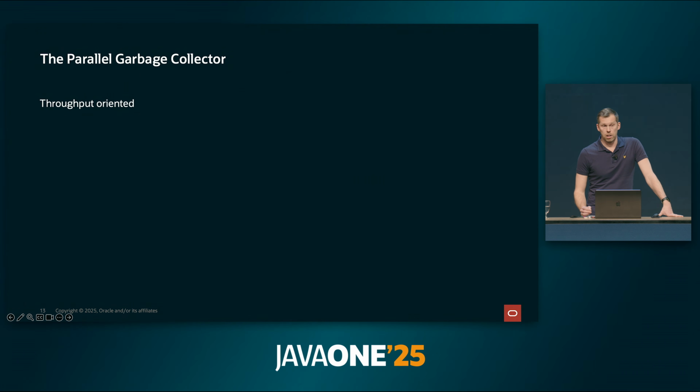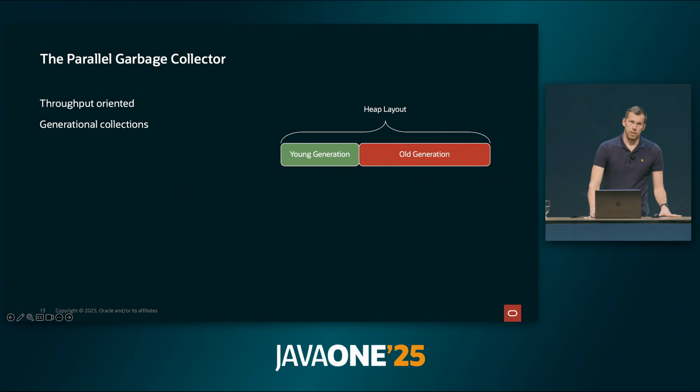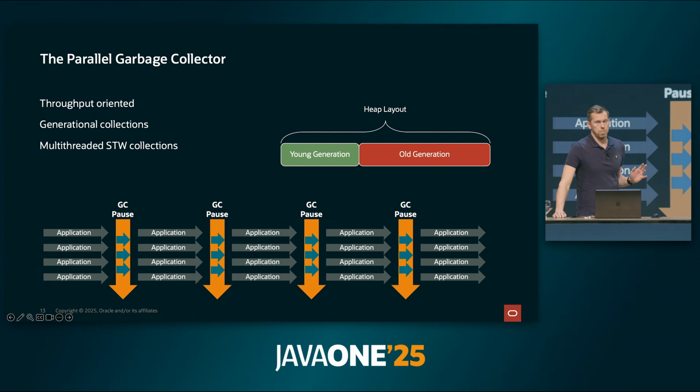Next, we have the Parallel collector. As I mentioned, it strives to provide the best possible throughput for the Java platform. It also supports generational collections, and the heap layout is very similar to the one of Serial. So again, we have a young and old generation with fixed generation sizes decided upon startup. The big difference between Serial and Parallel is that the Parallel collector uses multiple threads doing the garbage collection work inside the GC pause. And you might recognize this illustration from earlier,